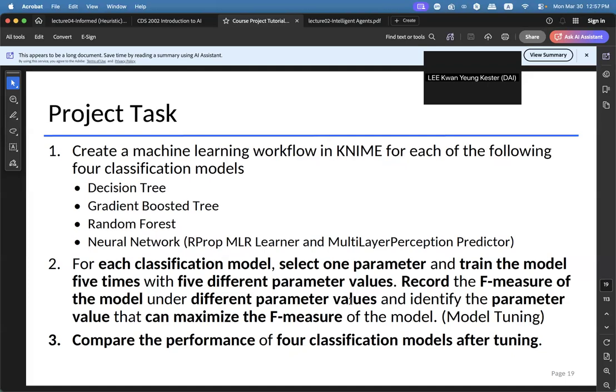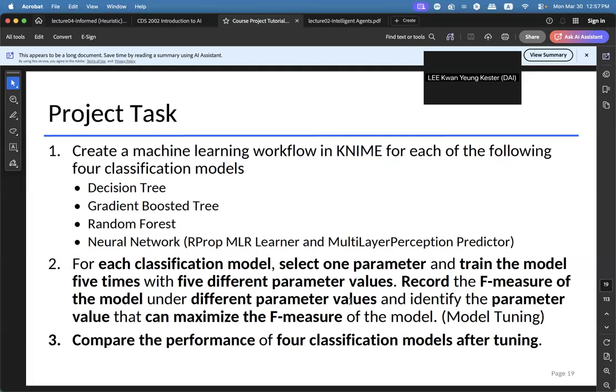So what I want you to do is to modify the parameters of the training algorithm, and to see if you are able to come up with a better model at the end.